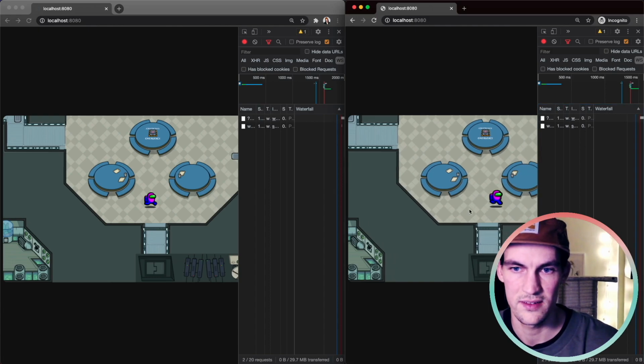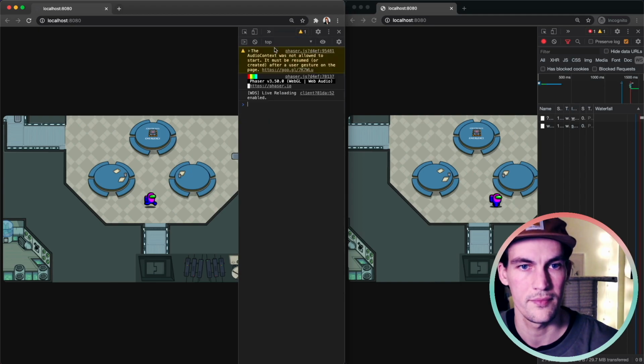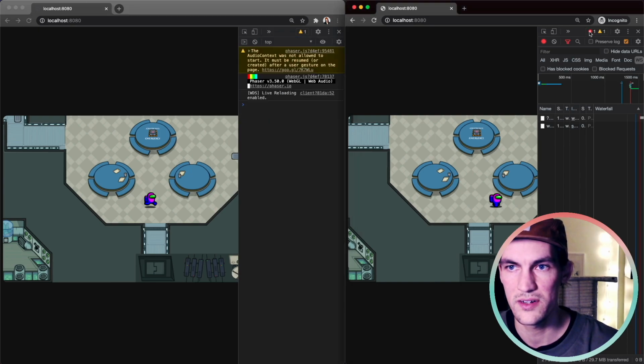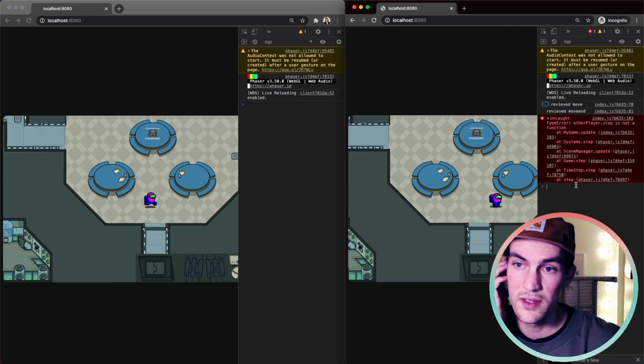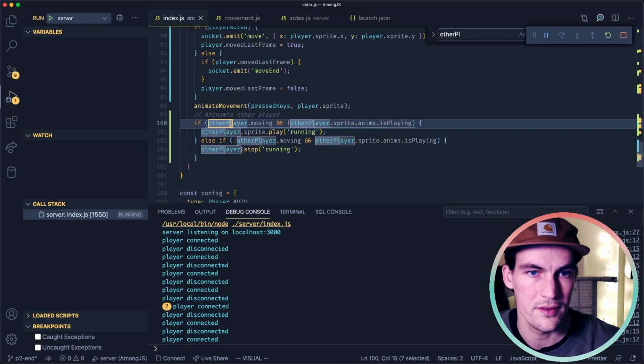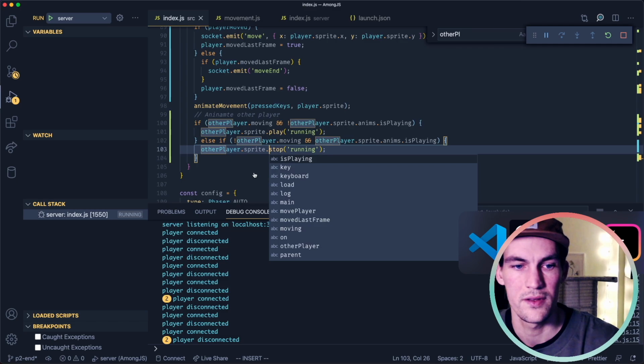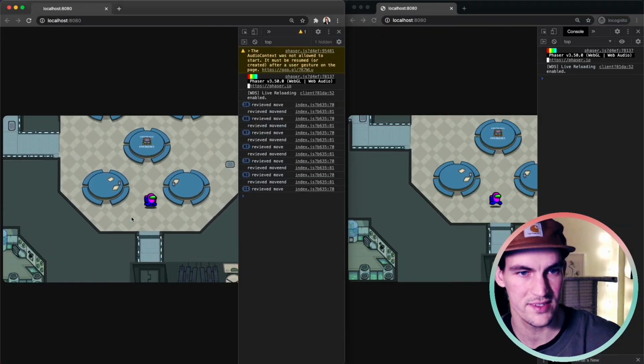Let's try again. Do we have a console error? No console errors. Here we appear to have a console error. Otherplayer.stop is not a function. It's supposed to be otherplayer.sprite.stop. Okay, that's a little bit of progress.